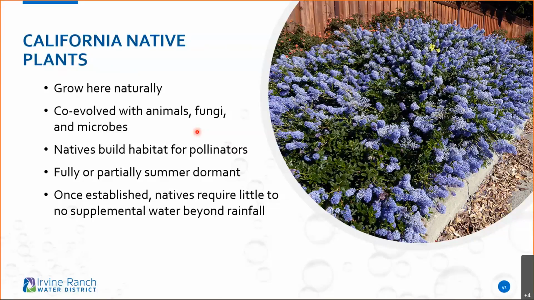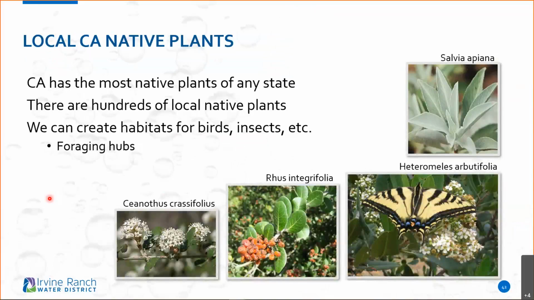This is ceanothus. They're one type of California lilac. There are low-growing varieties, and there are big varieties too. So, if I saw a question come in about this plant, which I do love. So, once again, our natives are well adapted to our area. There are hundreds of local native plants, and once again, we are creating a nice habitat for all our beneficial pollinators, insects, birds, you name it.